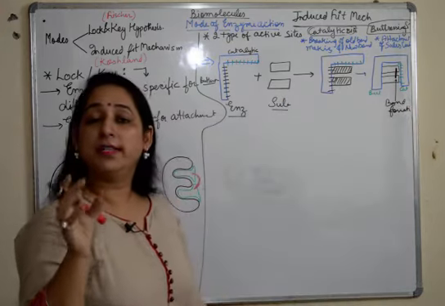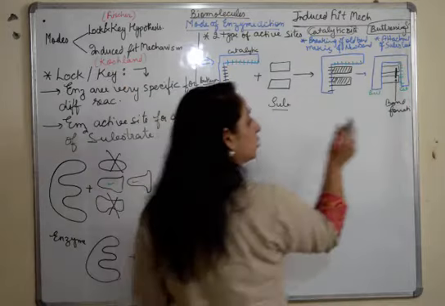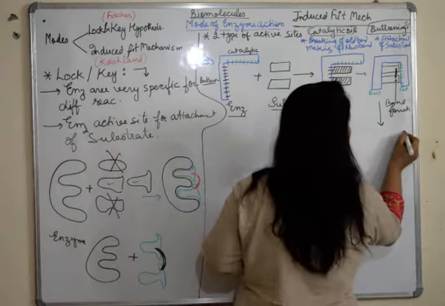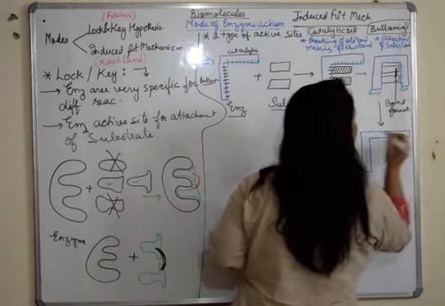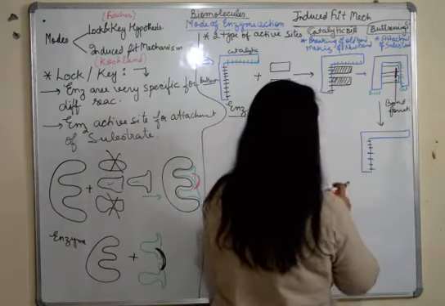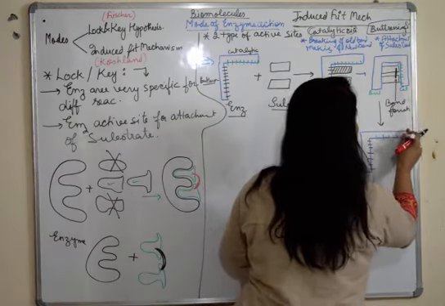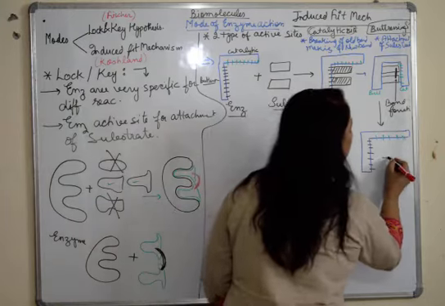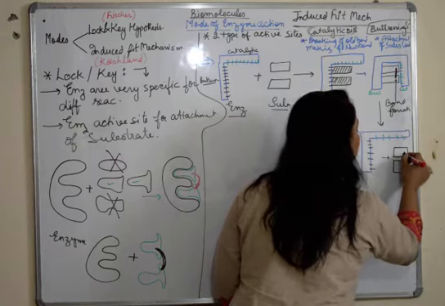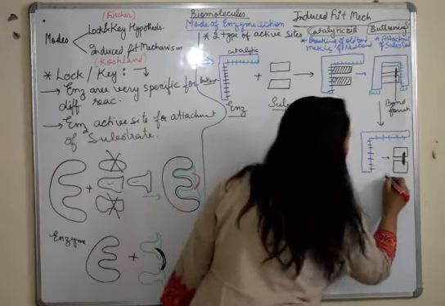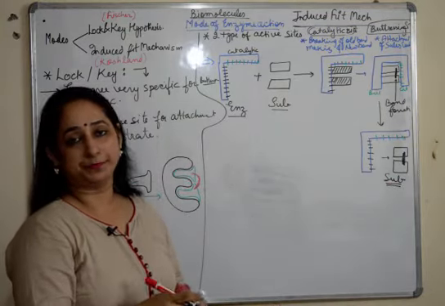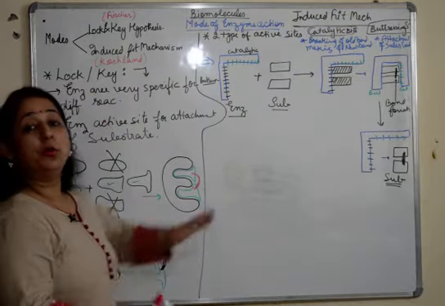Fine. A solid specific bond is formed, and as soon as the bond is formed, the enzyme regains its shape. The catalytic site will again go back. The substrate molecules, we will have the buttressing site here, we will have the catalytic site here, but what has happened? The substrates are released and now they have a bond in between them. So the substrate is released out and the enzyme also again regains its shape. Fine. So this is induced fit mechanism.